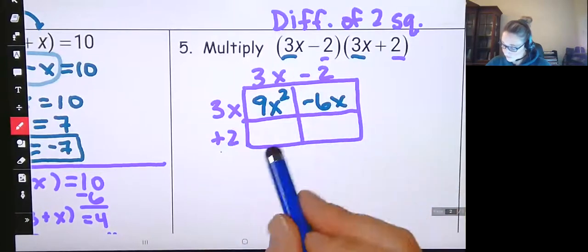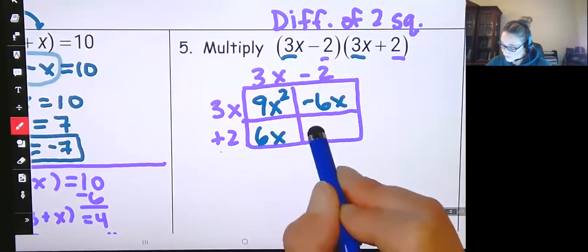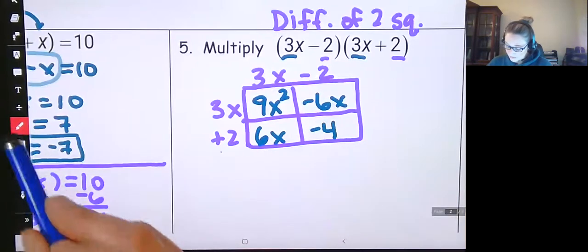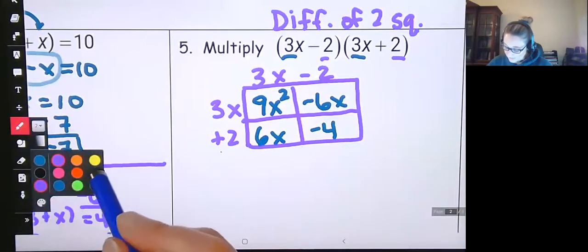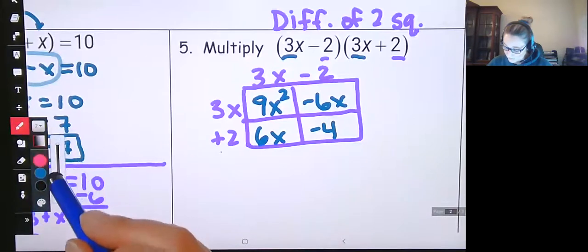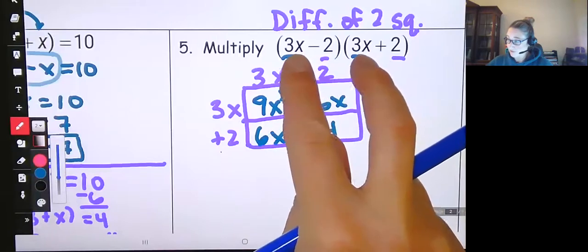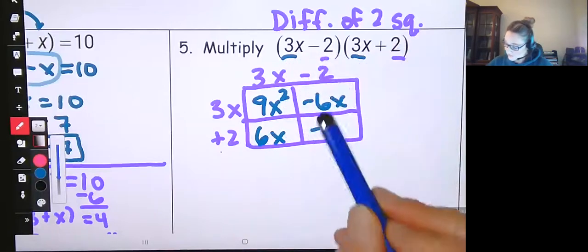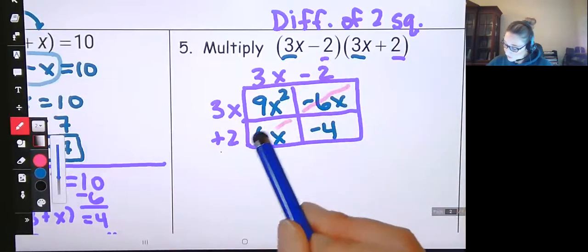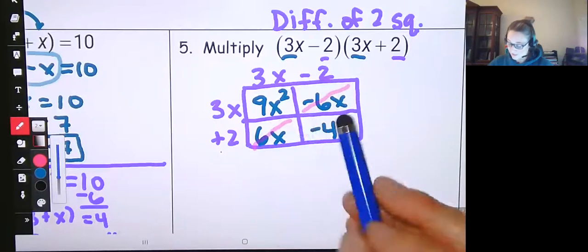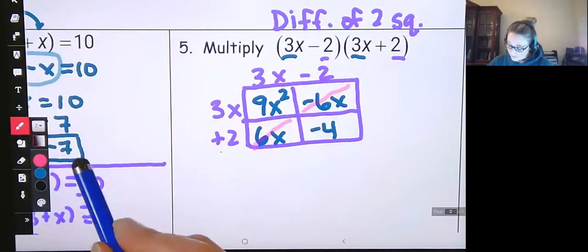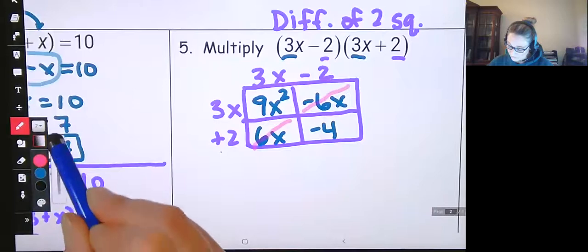2 is going to multiply with everything, so I'm going to get a 6x and a negative 4. Now what you noticed happen, and this happens every time we have one of these differences of two squares, when again they are the same in the front and the back, but one's a plus and one's a minus, that middle term will always cancel out, so we don't have any x's. And we end up getting as our final answer